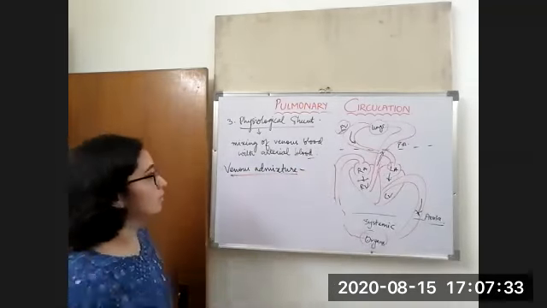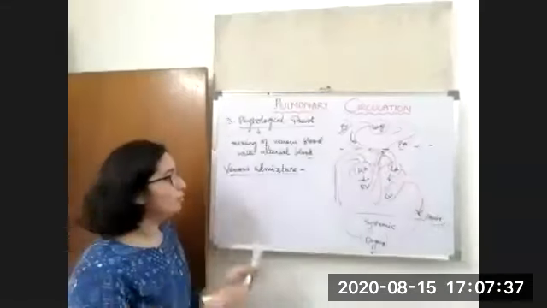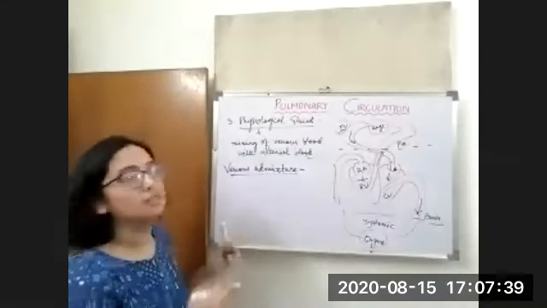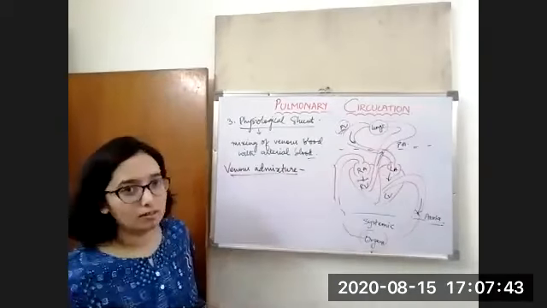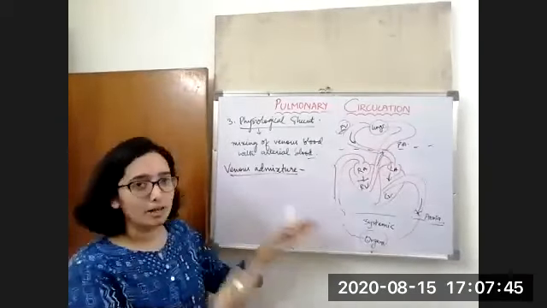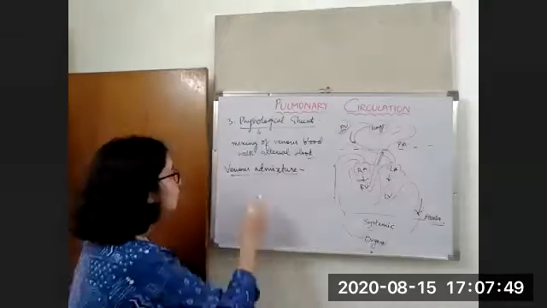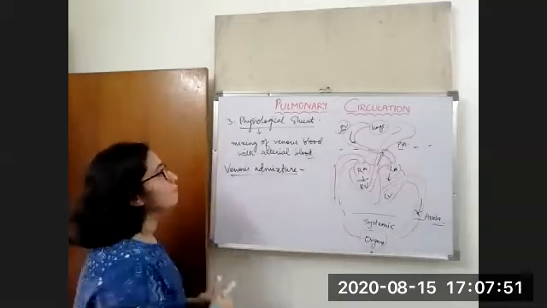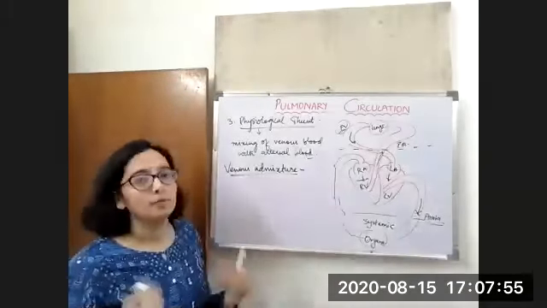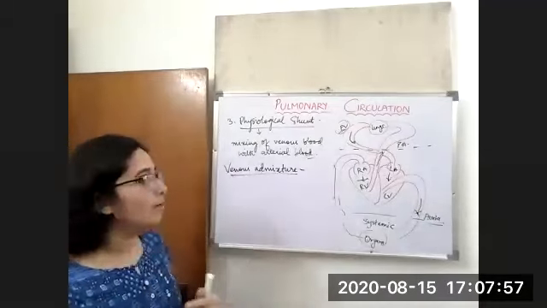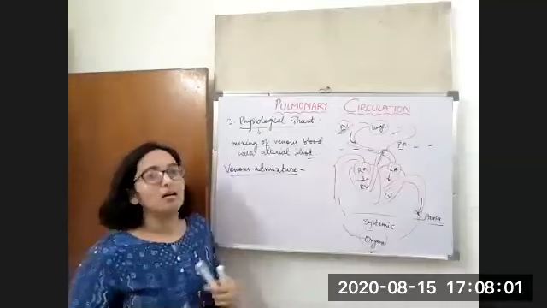Okay, so now we see what is a normal function. Normal function is for the blood in the lungs to take up the oxygen and give the carbon dioxide to the alveoli, and this is the normal process that happens. Now what is happening in physiological shunt? Opposite: it is not taking the oxygen from the alveoli and not giving up carbon dioxide. So the blood remains deoxygenated.